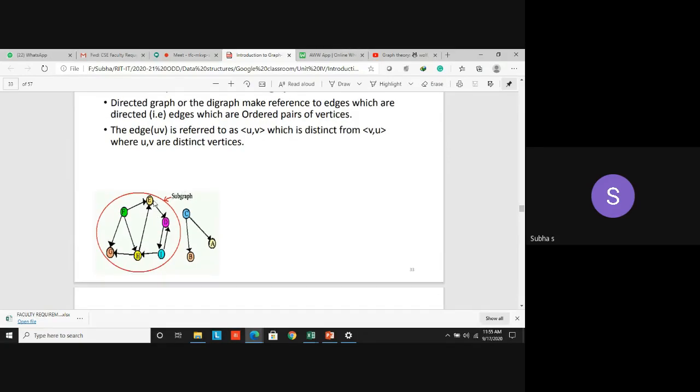F to E, E to D, there is a path. Now look at the D and I vertices. There is a path from D to I and also a path from I to D. Here it is bidirectional; both the directions are clearly given. But from I, there is a path only to H. There is no path from H to I. But you can reach I from H through some other vertices. You have to check the path. There is no direct edge between H and I, but I can reach I.